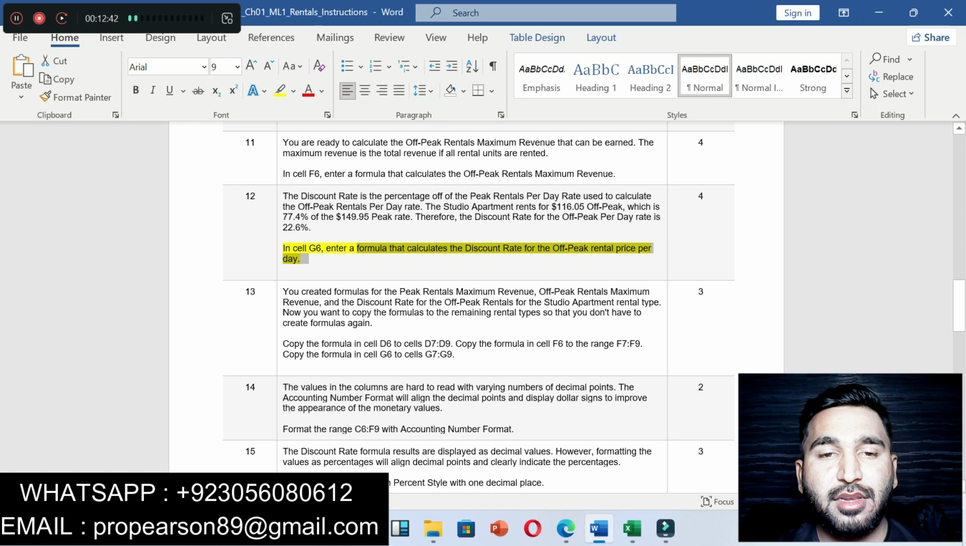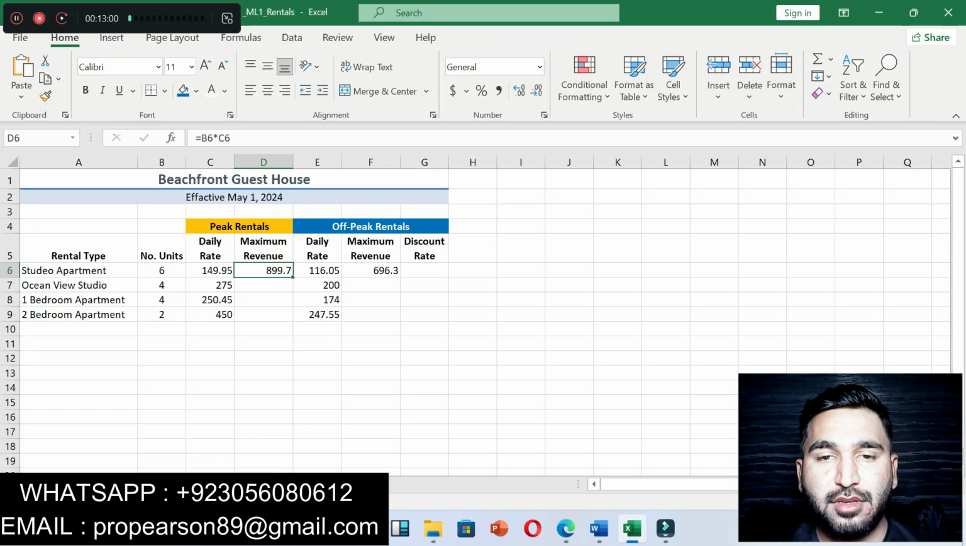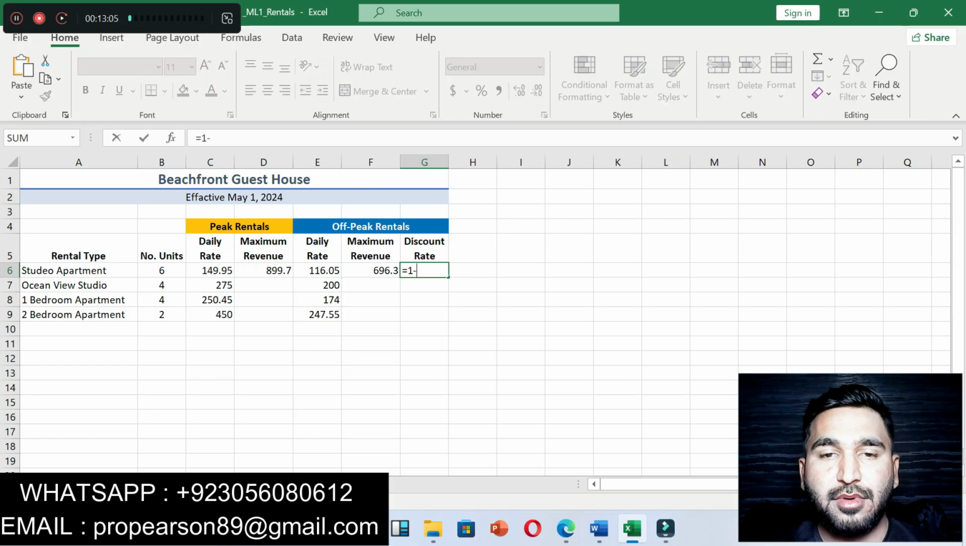Okay, basically in this question we will have to enter a formula in cell G6 to calculate the discount rate for off peak rental price per day. Moving on, Excel workbook, click on cell G6. First we will press equal to and then 1 subtract from E6 daily rate divided by